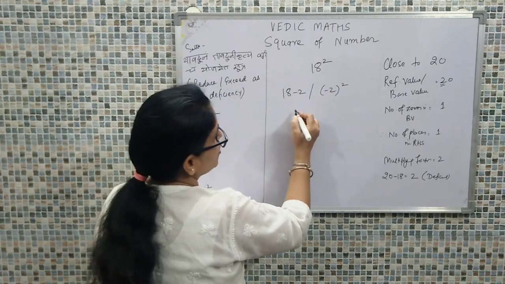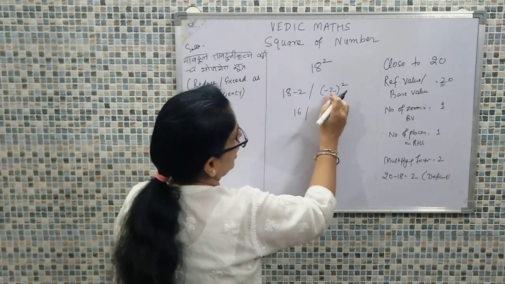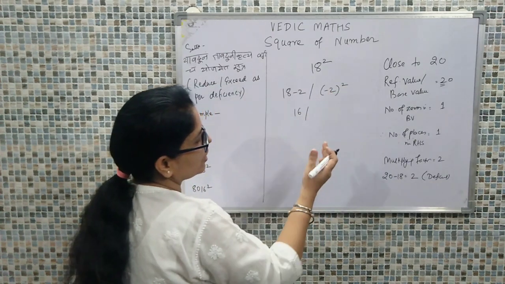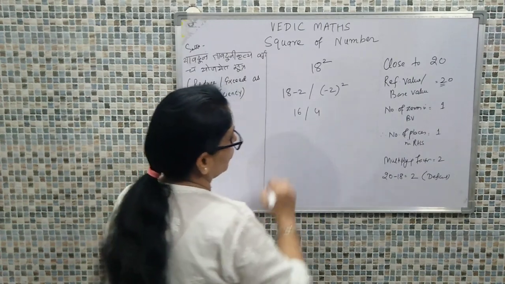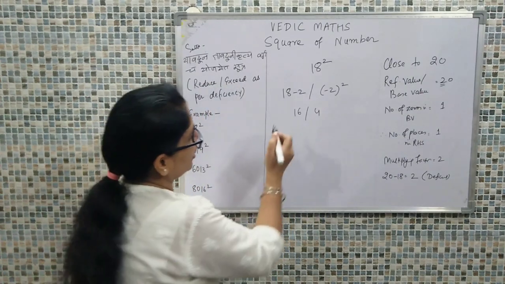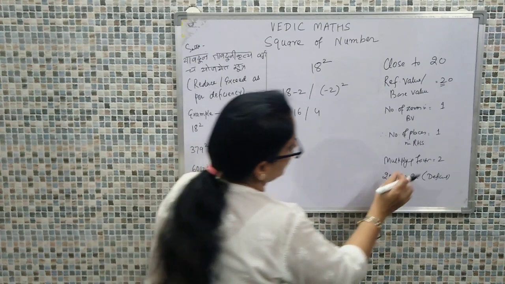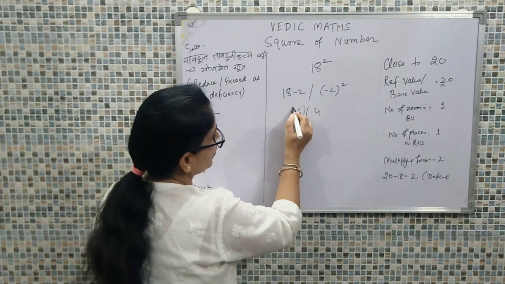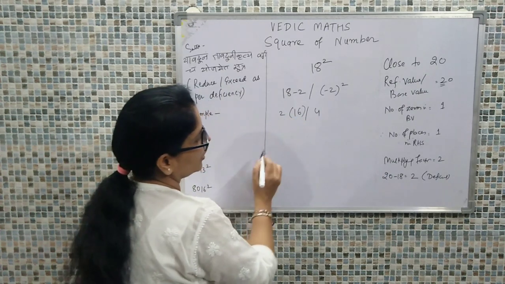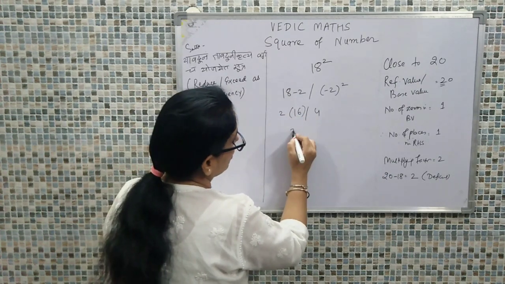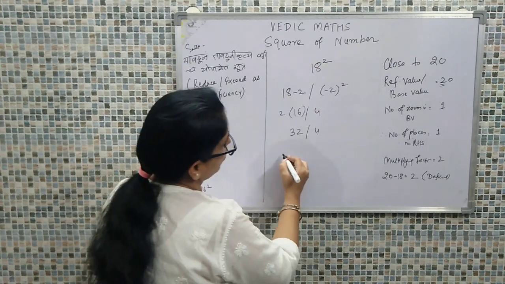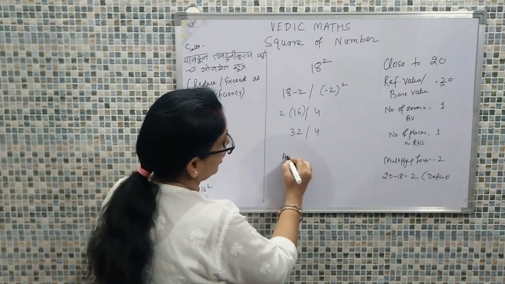Now 18 minus 2 is 16, and for 2 square, minus into minus is plus, and 2 into 2 is 4. Fine till here. Next, we have identified that the multiplying factor is 2, so we need to multiply 2 here. So 16 into 2 comes to 32 oblique 4. So our final answer is